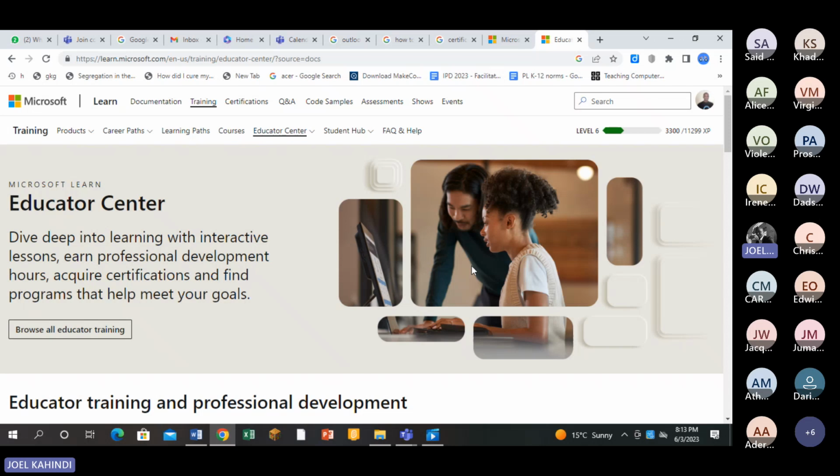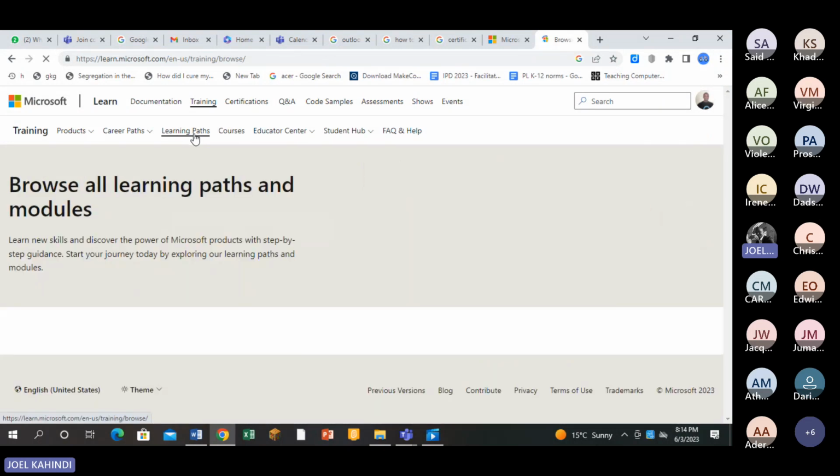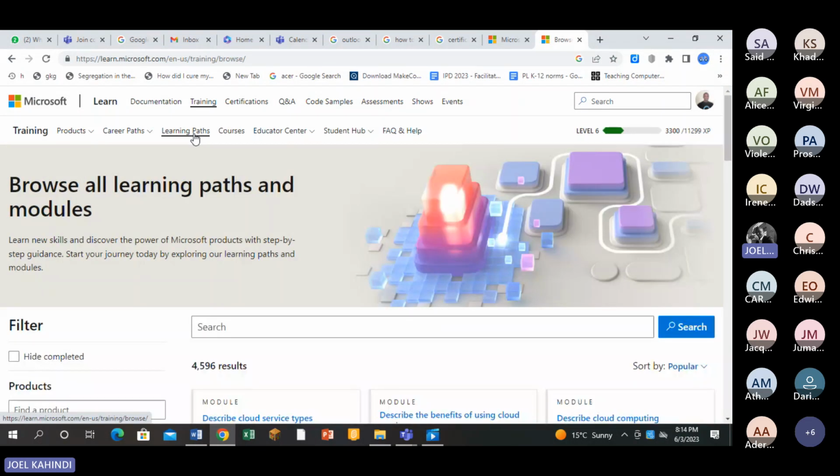...career path, learning center and all that. So if you are new, you need to be organized in the sense that you need to identify a learning path. The learning path is the broad area of courses or modules with related content. So, for example, if I click on learning path,